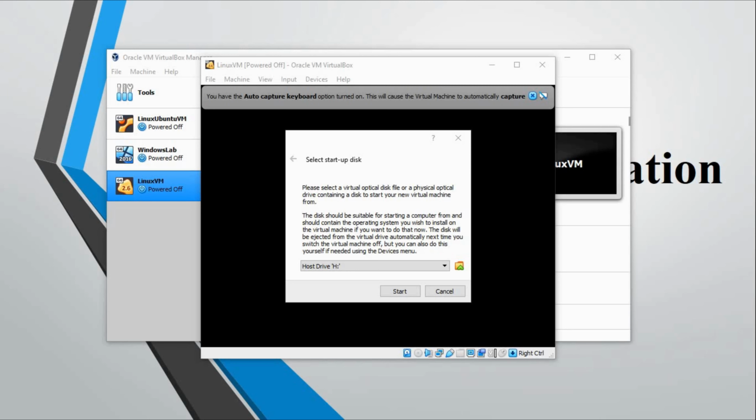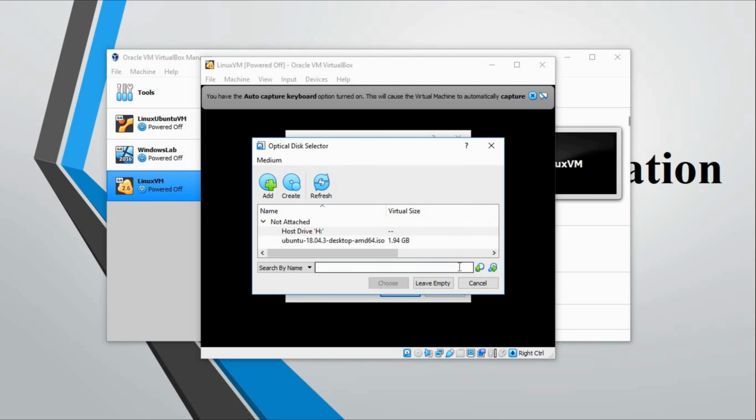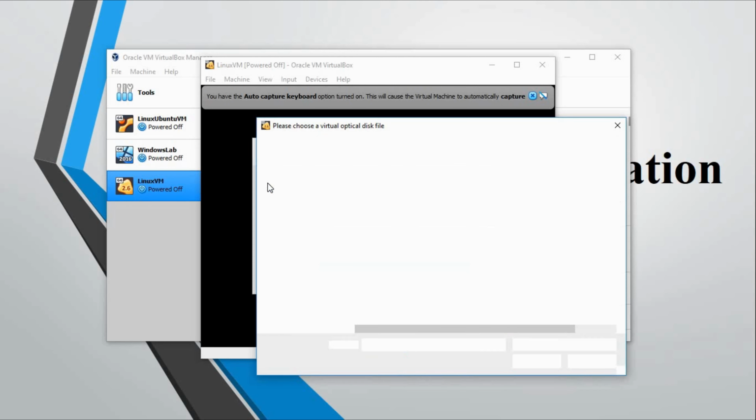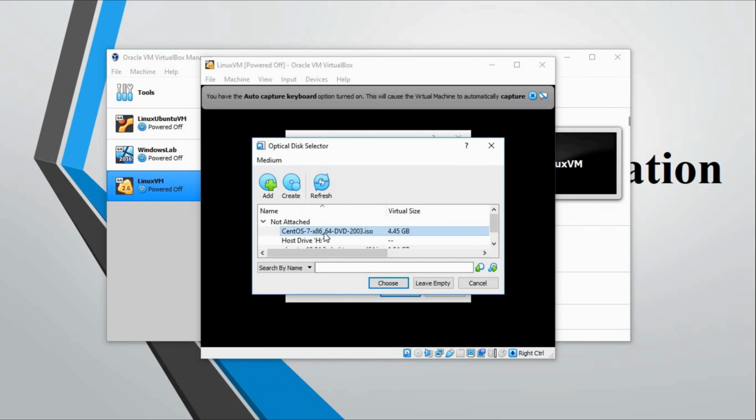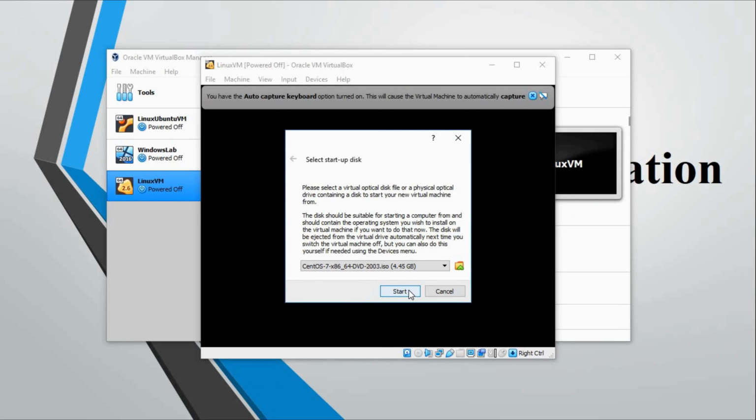So go ahead and click on this little folder. Now it will ask you where your ISO image is located, and my ISO image is located here. So go ahead, select it and click on open. Now click on start.